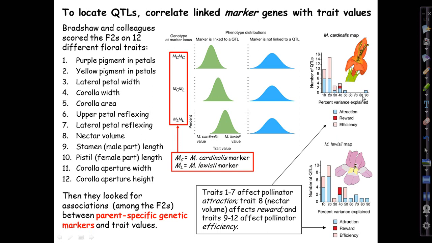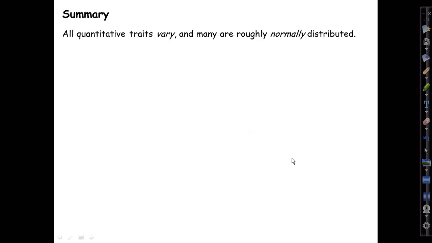And some of them explained amazingly large fractions, like 90% of variation in one of the attraction traits, and many explained substantial fractions of the phenotypic variance in the other traits as well. The reward trait, number 8, nectar volume, and these efficiency of pollinator manipulation dimensions. So that was all good news,